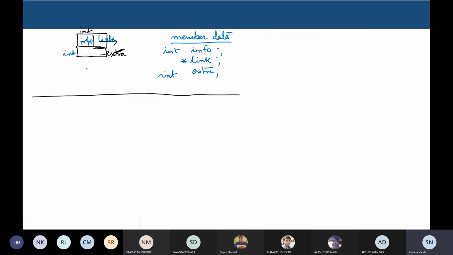So if I prefer to call it as node, so this structure, this is a schematic structure. If I call it as node, so this will be pointing to node type. Now the question, as I mentioned, do I make it private or public? Private. So if I make it private,